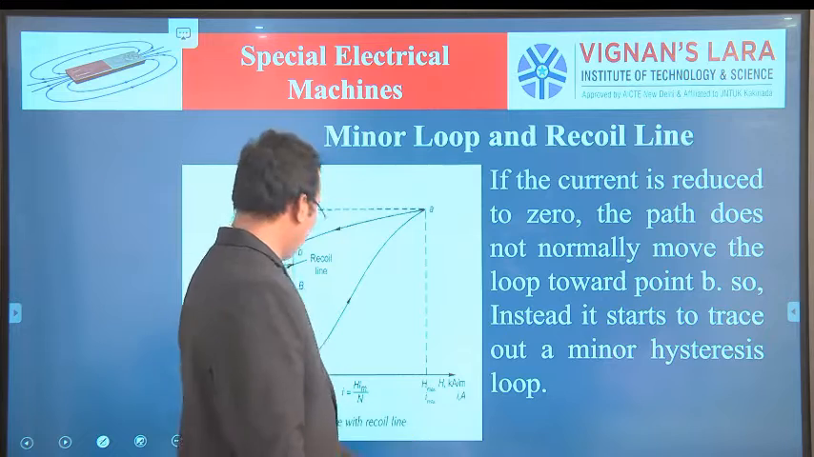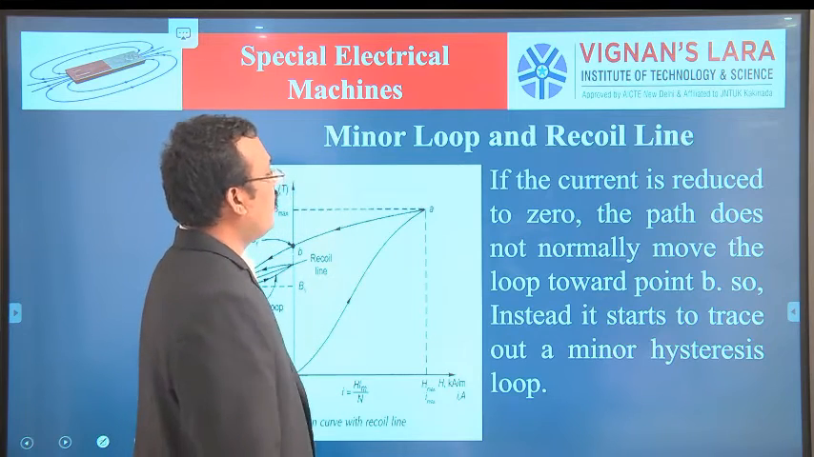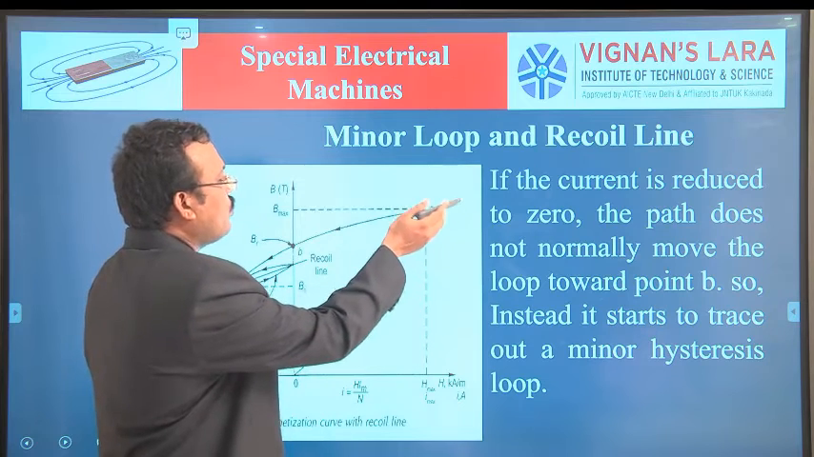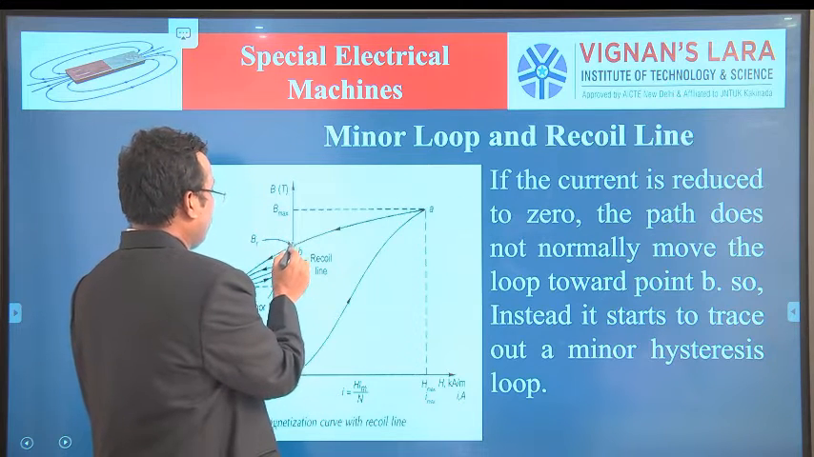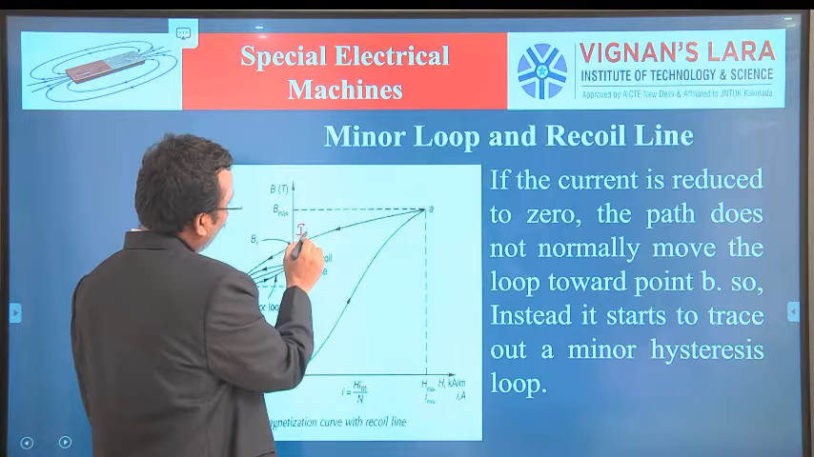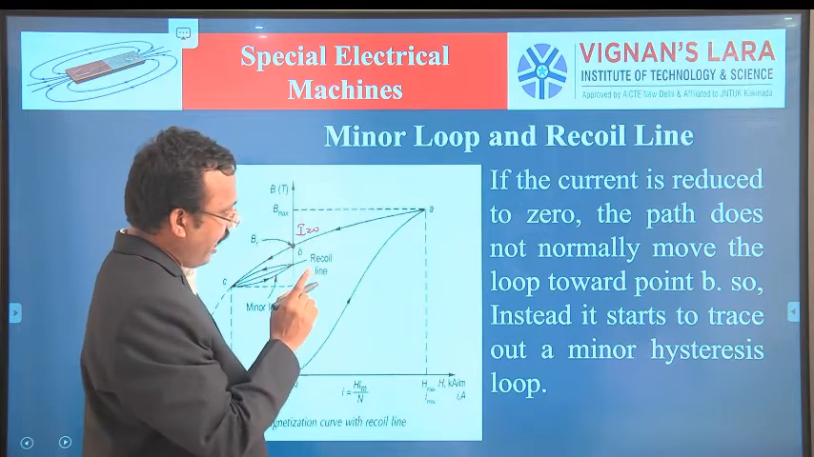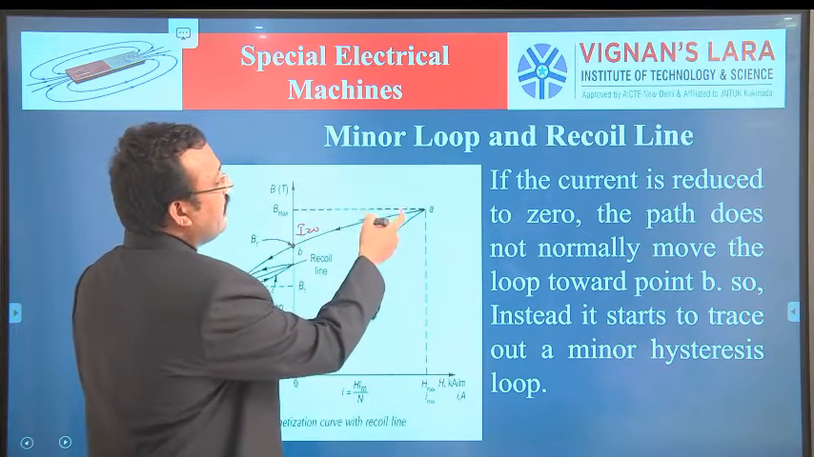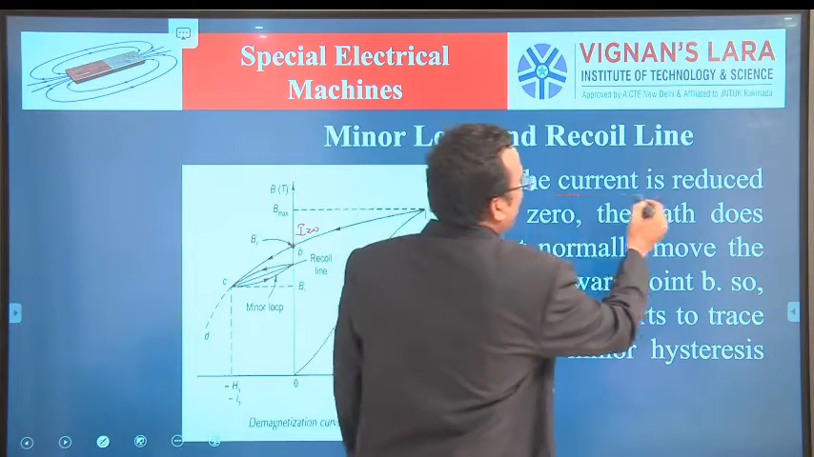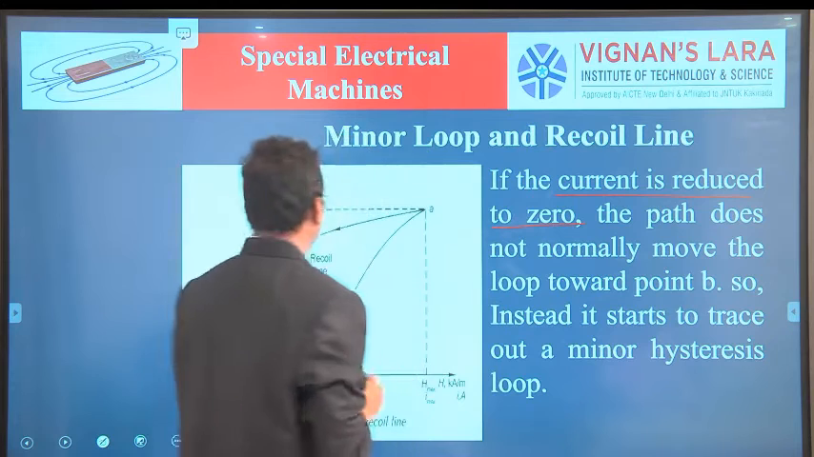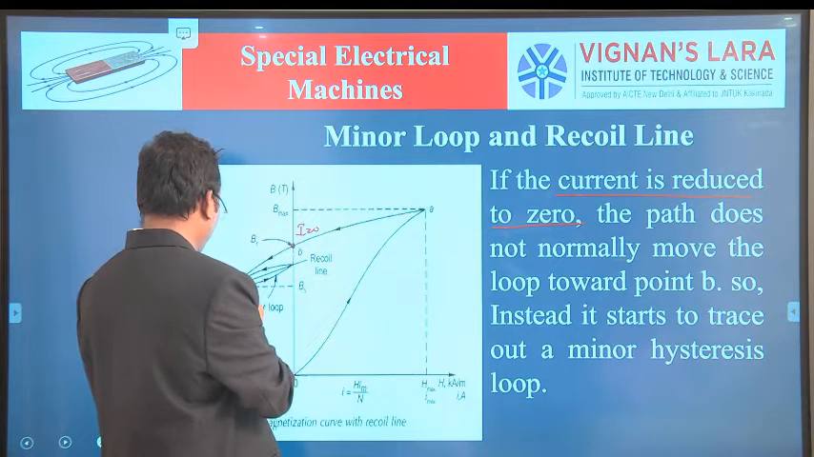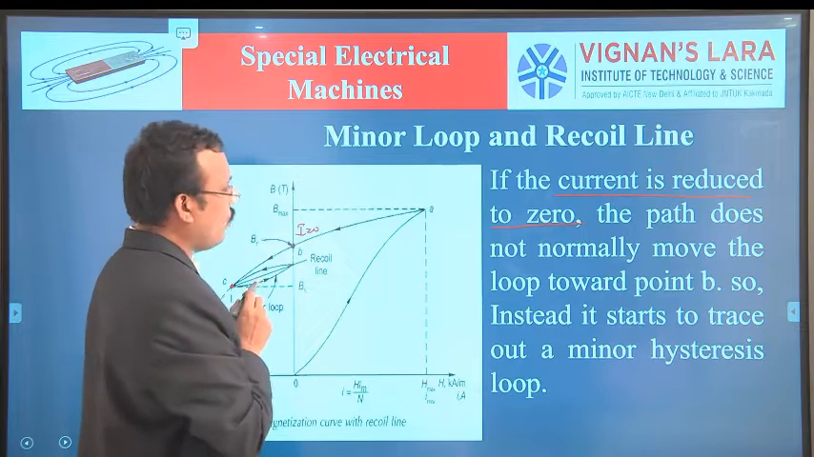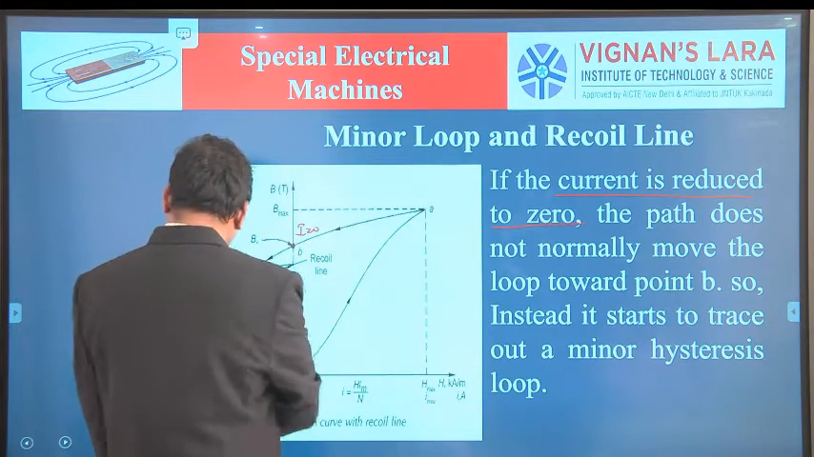So next one, see here, same as I explained here. If the current is reduced to 0, at this point I equals 0. Now the current is increased in the reverse direction. The current is increased, then reduced to 0. See here at this point, this is the corresponding point. Now the current is reduced to 0. See here,